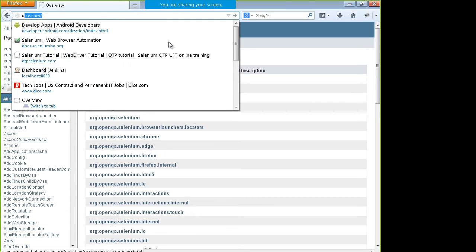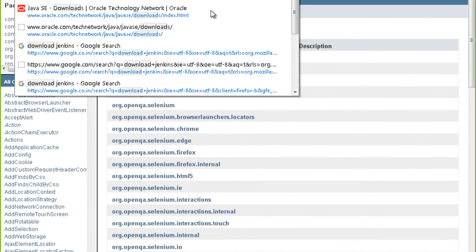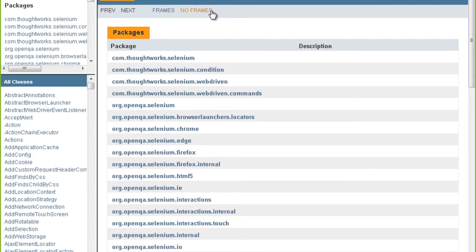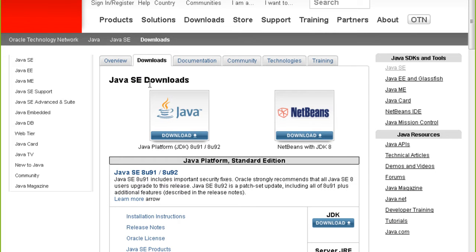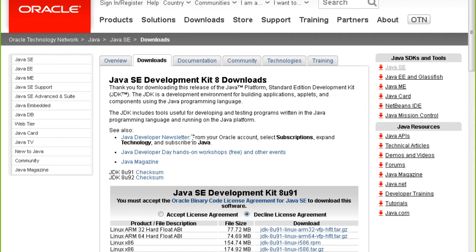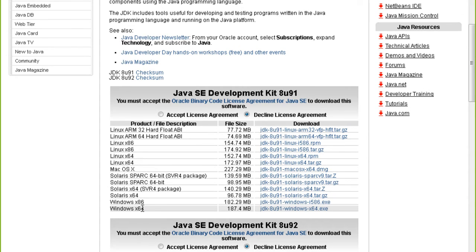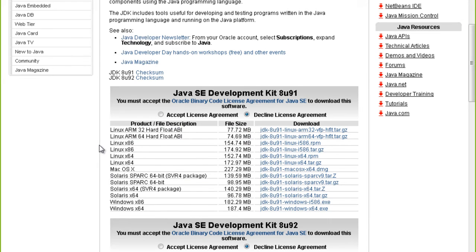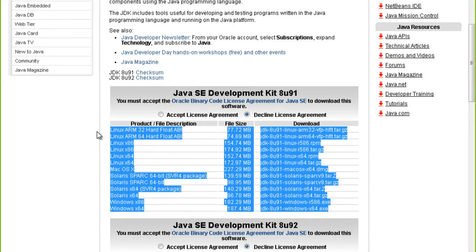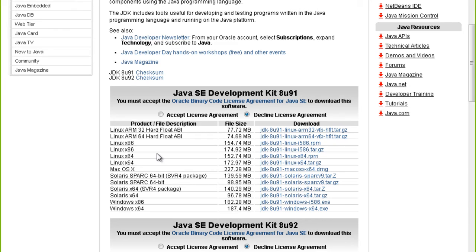The first thing is you need to install JDK. If you have JRE installed, you need to install JDK as well. You will get the first link on the Oracle website. Go over here and click on download JDK, and just install JDK for the operating system which you want. So now after installing JDK,